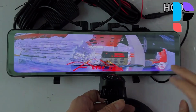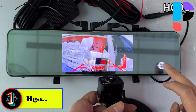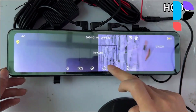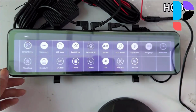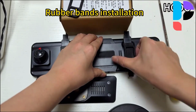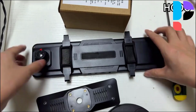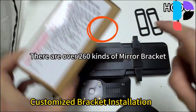Number 1. Brand name, HGDO, model number, M210. The full view touch screen provides crystal clear images without any delay. Very clear and smooth images display like a stream flowing, thanks to the excellent WDR and auto-adjusting brightness streaming mirror. With fast image capture rate and image processing capability, it can enhance image clarity to perform more naturally vivid and